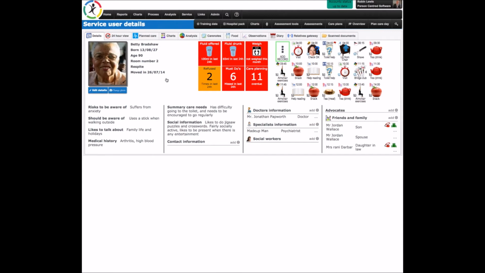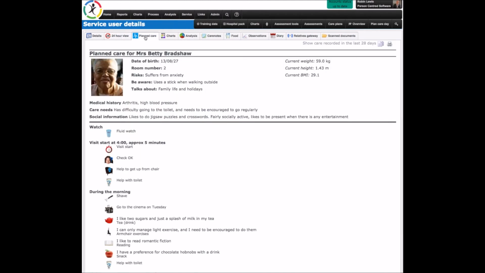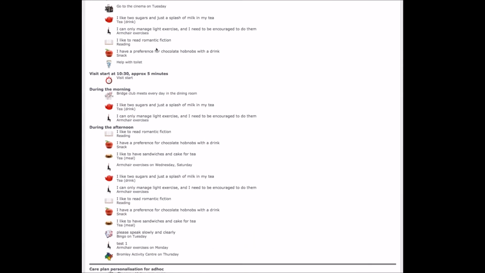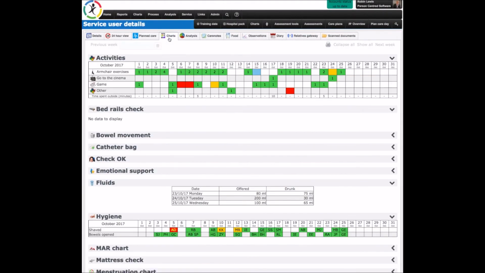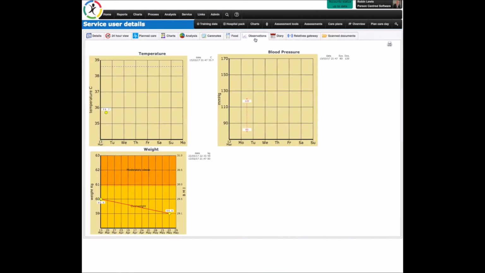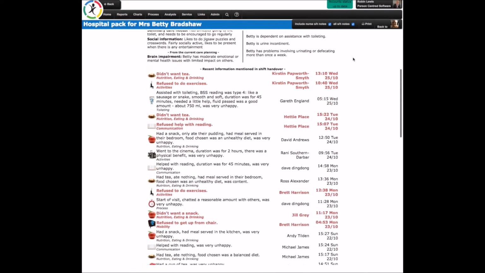There's a number of tabs that show different data specifically about Betty. Clicking on Hospital Pack, it creates a printable document that can be used if Betty ever needs to go into